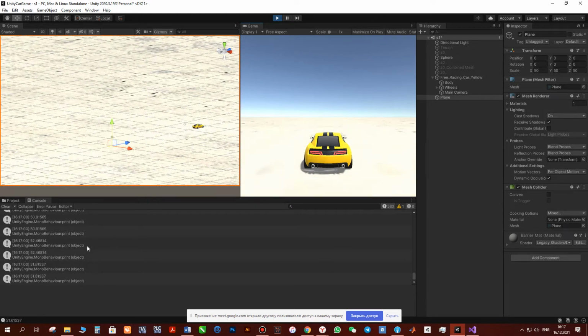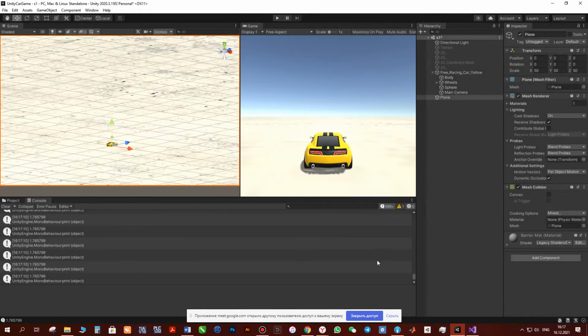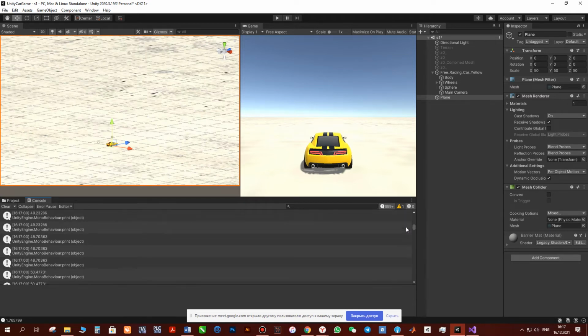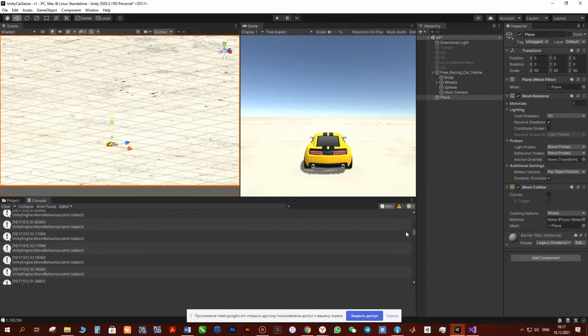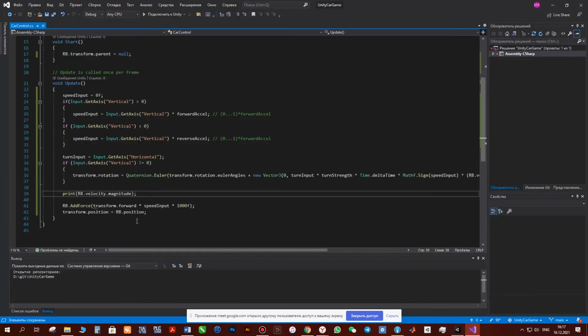Currently it's 0, and it gradually speeds up to some values, and then it gradually stops. And here we can see the history of its movements: 0 and gradually to the maximum speed. So for example, we want to limit it somehow. What we need to write here is some